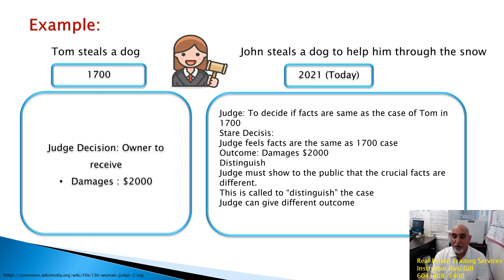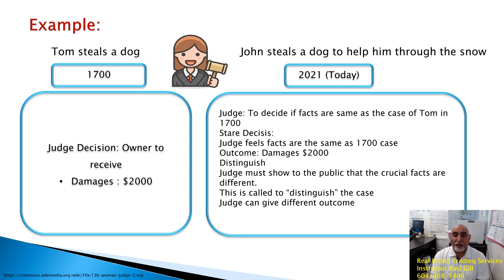And who has the dog? Tom has the dog. So the judge in the 1700s, in the old time, using common law, decided this: yes, Tom is guilty, but Tom gets to keep the dog, and the innocent person will get